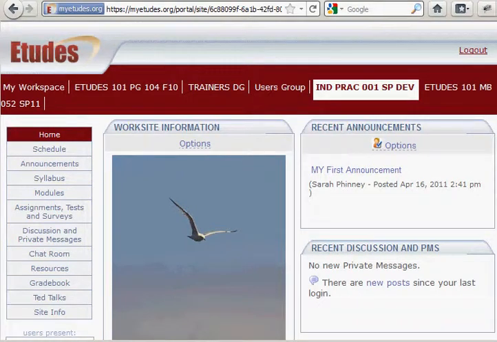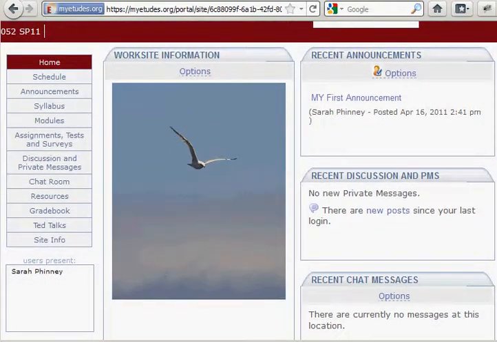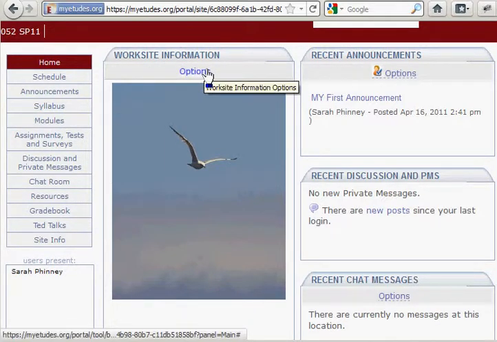Alright, so let's go ahead and explore how we can modify the home page of the Etudes course site. So first off, let's look at what's here. You've got the navigation bar, of course, on the left, but what we want to look at modifying are